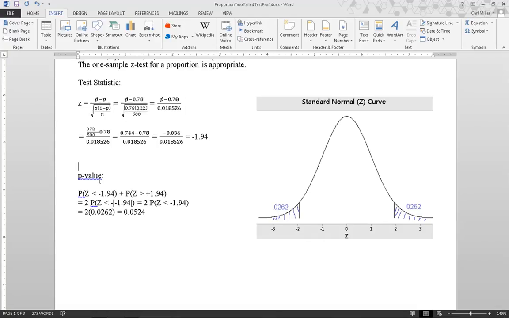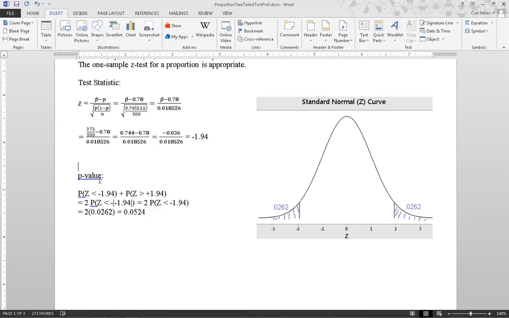So we find the area in the left tail and the right tail. This is the same as doubling the probability the z-score is just smaller than the absolute value multiplied by negative 1 to force it into the left tail. Or you could find the area on the right, but that involves taking the table value and subtracting from 1. Either way,